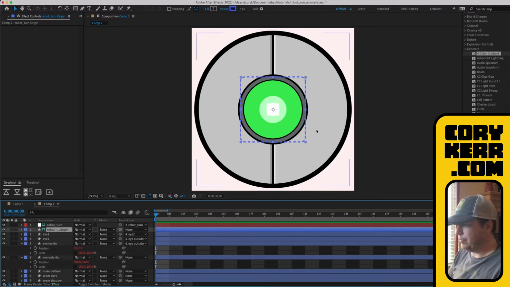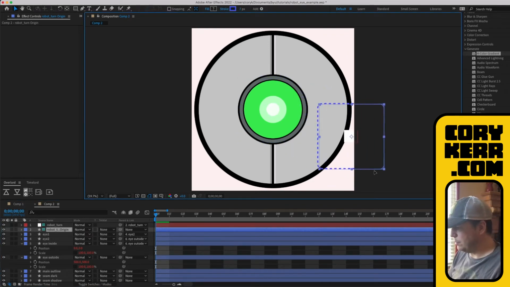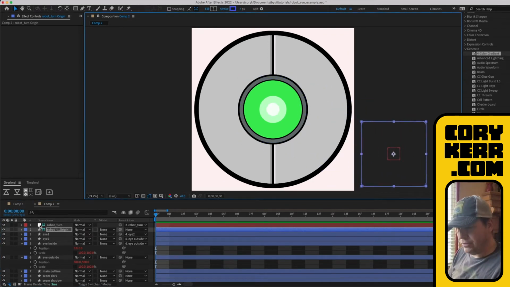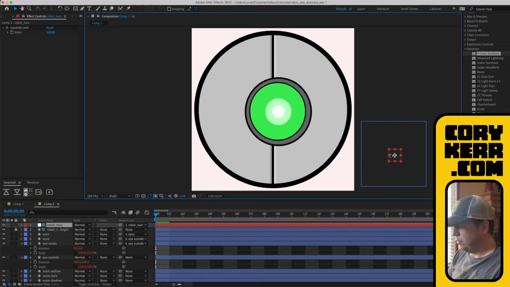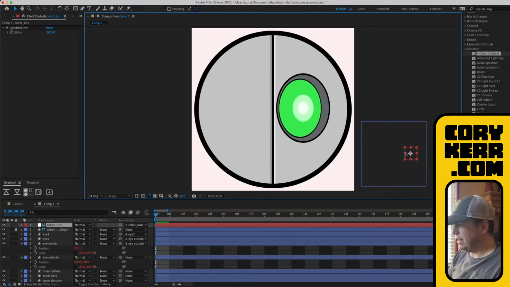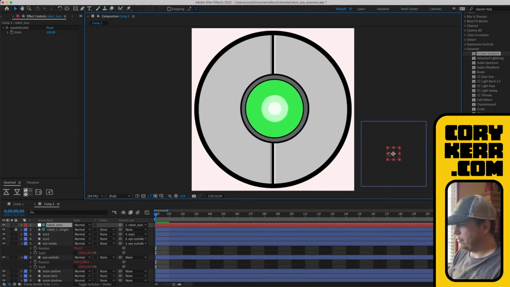I like to move the dotted box out of the way. So I'm going to move it out of the way like that. And then I don't need to do anything with that dotted box anymore, so I can lock it. And now this controller will move things around for me. And you'll notice that it's kind of smooth, right? And so I can change these positions.